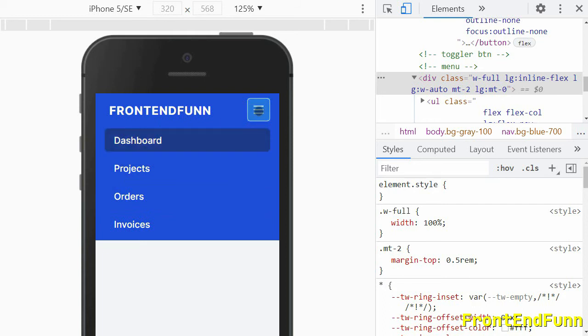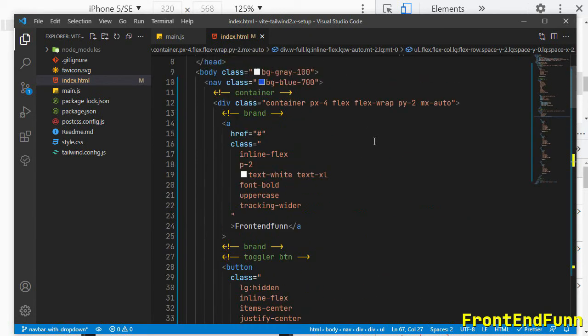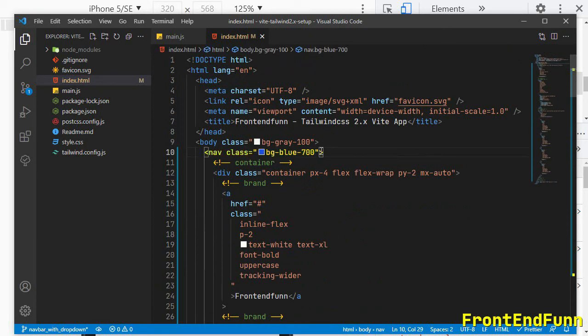Next let's add the functionality for this. When I click on this menu, I want the menu to be opened, and when I click on this again, the menu to be closed. So we'll target the nav, and I'm going to write x-data here, navbarOpen equals false.